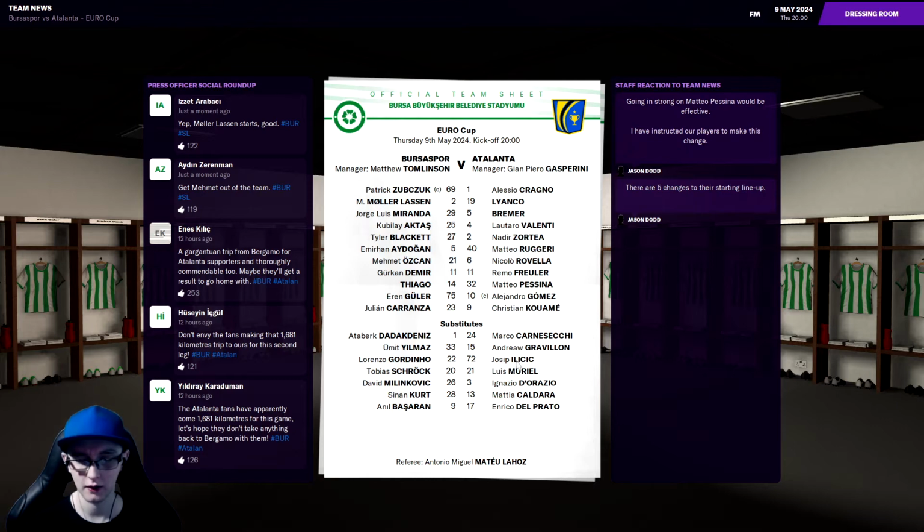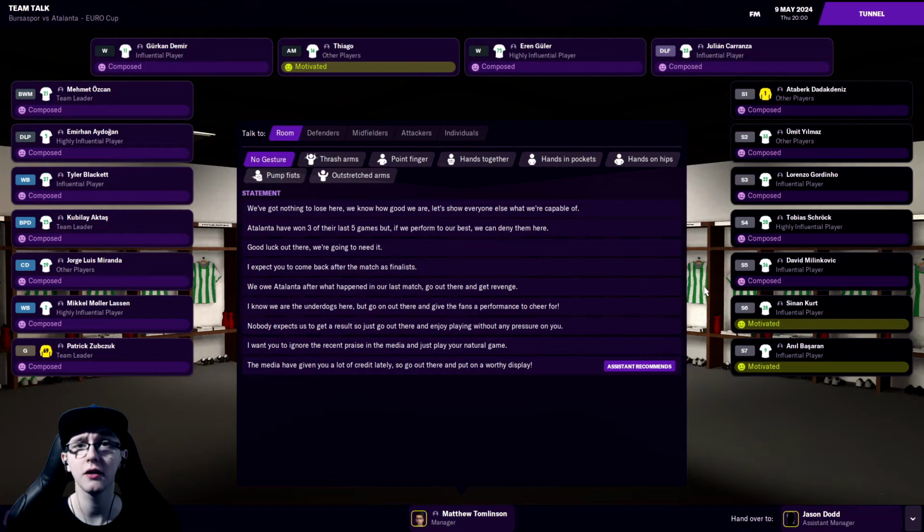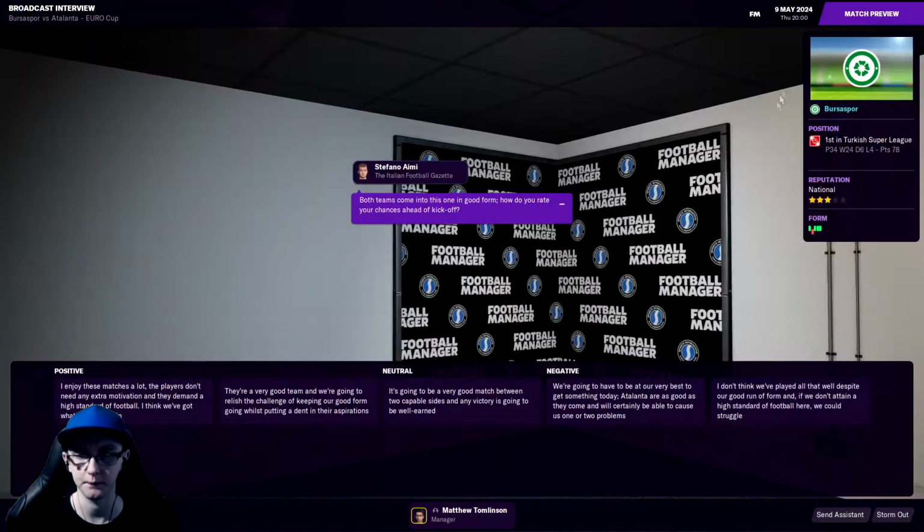I think he was their goal scorer, so I guess that's a good sign that their goal scorer is on the substitutes bench rather than starting. Hopefully, he doesn't score any more, though. So, first of all, the media have given you a lot of praise lately. Put on a worthy display. And before we do that, we have a new individual because he is from the Italian Football Gazette. That is Stefano Aimee. Not Amy as A-M-Y, not Amy as in A-I-M-E-E, not Amy as in...